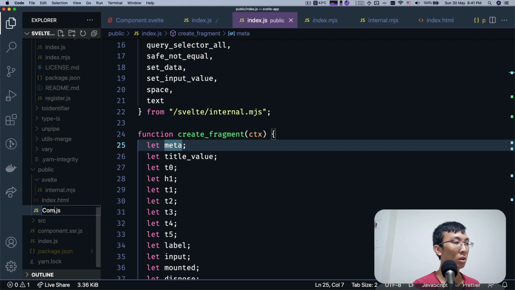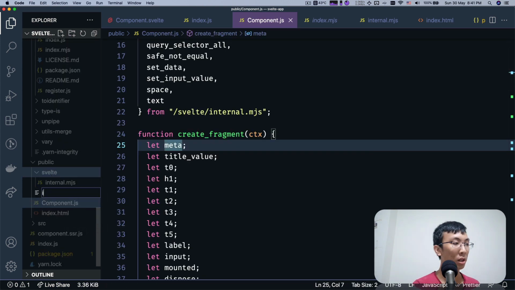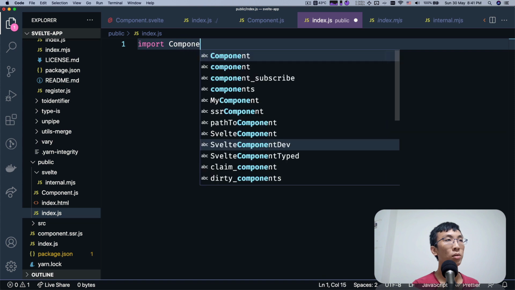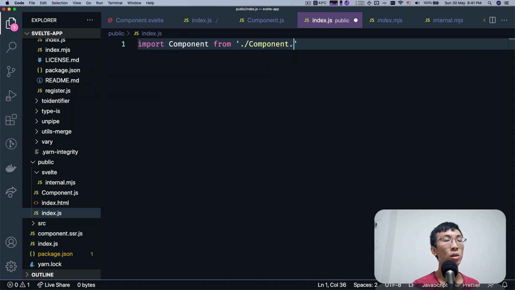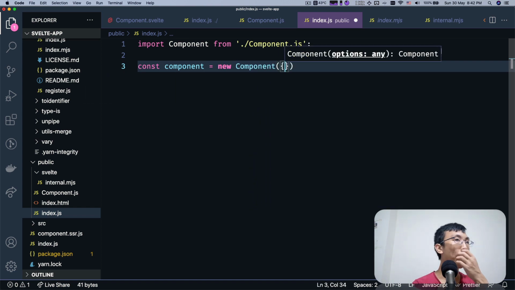a component.js, and I'm going to create another file called index.js, and here I am going to write import component from component.js. Right, and then I am going to create an instance. So component equals new component.